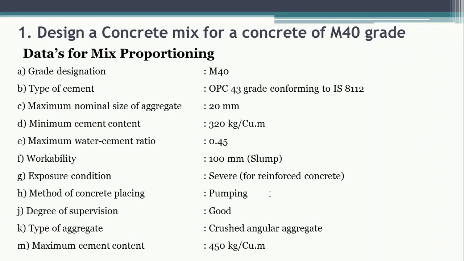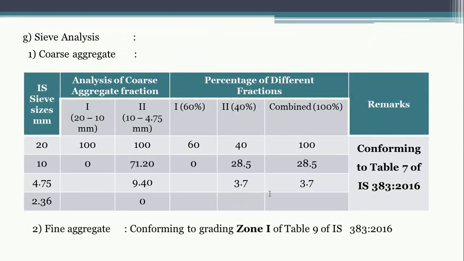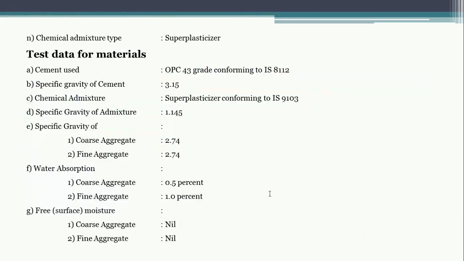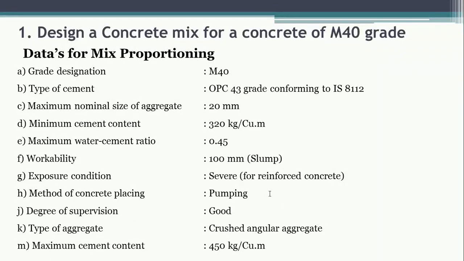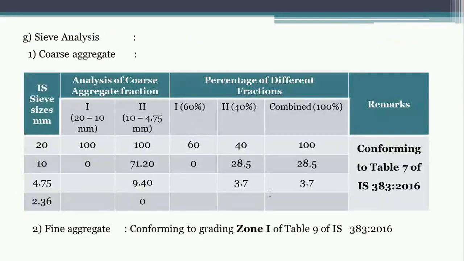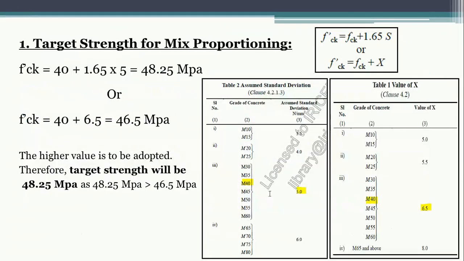Okay, so no need to worry. So sometimes they will not give these detail, just they may say coarse aggregate is conforming to table 7 of 383, that is also fine. And fine aggregate they will give which zone the fine aggregate is, and all these test data will be given for you to solve, that is specific gravity of cement, fine and coarse aggregate, then water absorption and free moisture. All these data will be given in the problem, so no need to panic. Okay, so sometimes if they have not given the data, then you may have to refer the code book to get the data. Okay, otherwise most of the times they will give it in the problem.